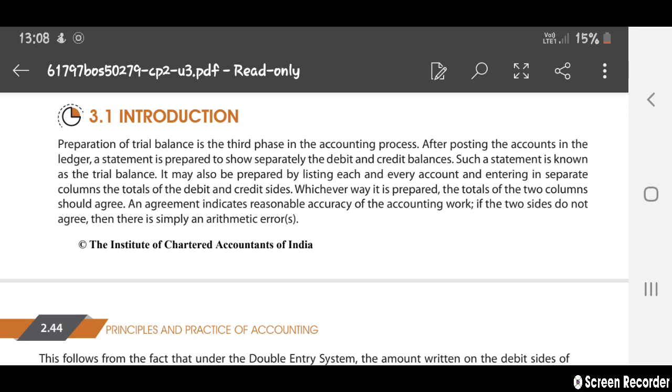After posting the accounts in the ledger, a statement is prepared to show them separately. You make two columns, debit and credit, and that statement is known as a trial balance. It may also be prepared by listing every account and entering the balances in separate columns, the